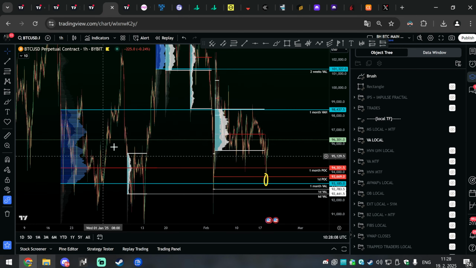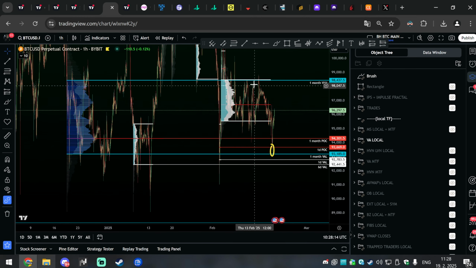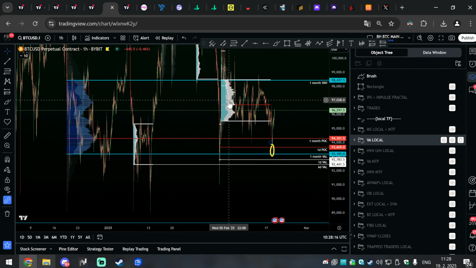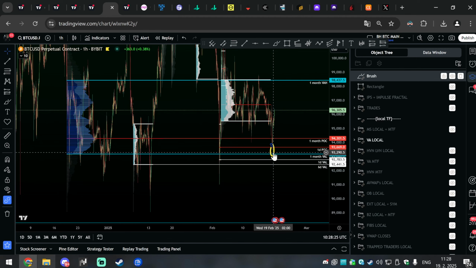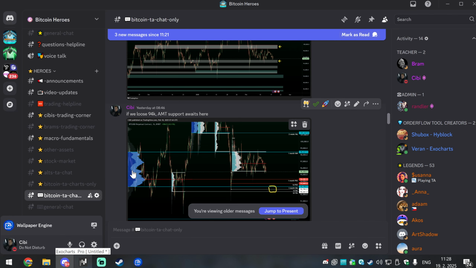First, it was acting as a big support area once we left it. You've got acceptance, and then you start rejecting once, 2 times. And yes, you are losing the local range. So what is going to be your next target if you are losing this local range? It's going to be the larger range. It's going to be the 1 month VAL. So you are ready here. You have alerts, you have everything. Just beautiful. And on top of that, these are more like medium time frame ranges.